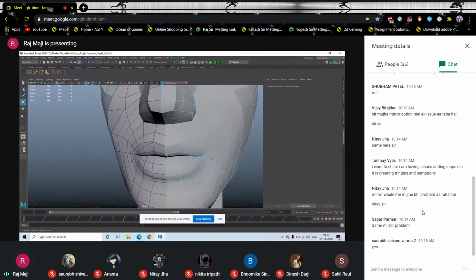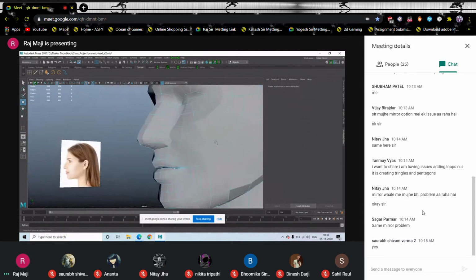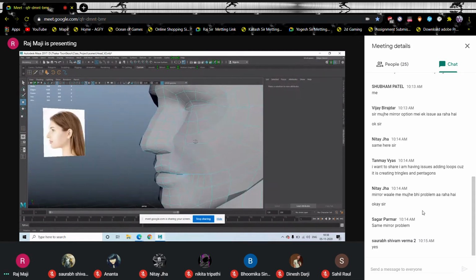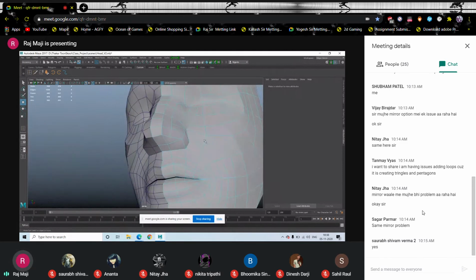If you want, you can add. I feel we can add one more edge loop in this area. Let us check if that is possible. Anyway, now before doing anything,